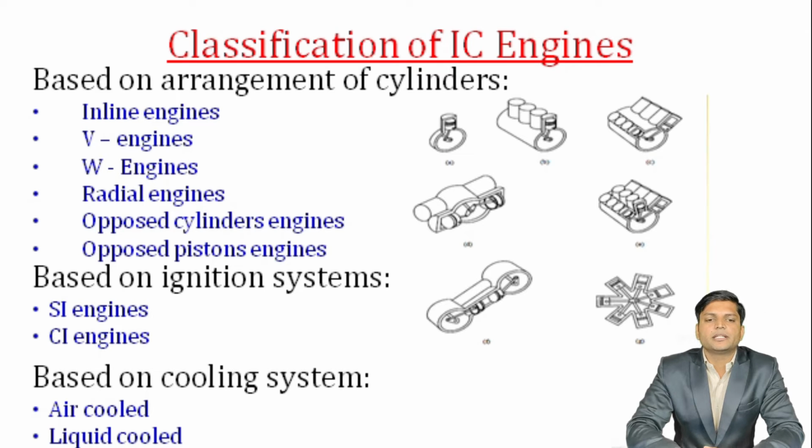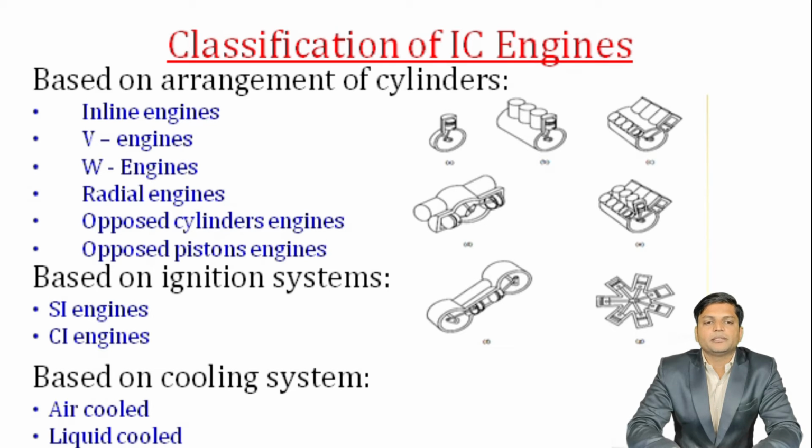And the next one is the opposed piston engine. So there are again 2 arrangements, opposed cylinder and opposed piston. In the opposed piston engine there is a common combustion chamber. The exhaust gas pushes the piston to the opposite side, hence it is called the opposed piston engine. And the second arrangement is called the opposed cylinder engine, in which one middle crankshaft is used and the 2 cylinders are opposite to each other.